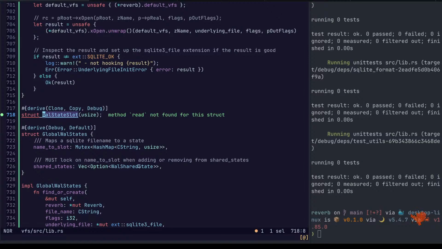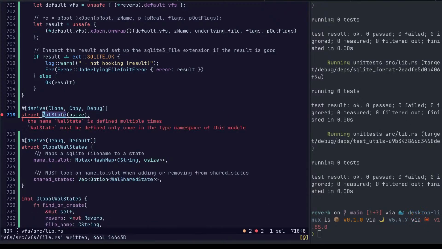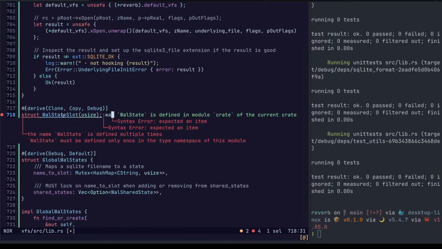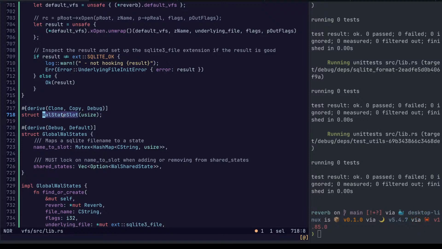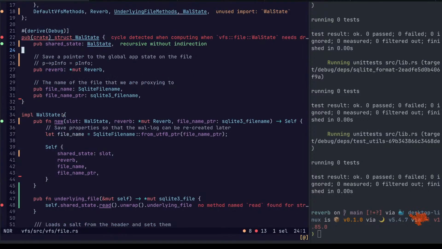So we have wall shared state. Why don't we just call this, I'm going to call it wall state. Oh, no, we can't. Okay. Whatever. Naming is hard.